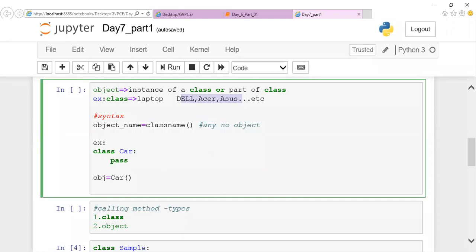Okay, is it clear, Pavan? Why are we going with objects? All your implementation will be only by using an object, not by using the class name. Just for your understanding, I told you about the class name. That is also possible, so when they give this, you should not say that it is an error.